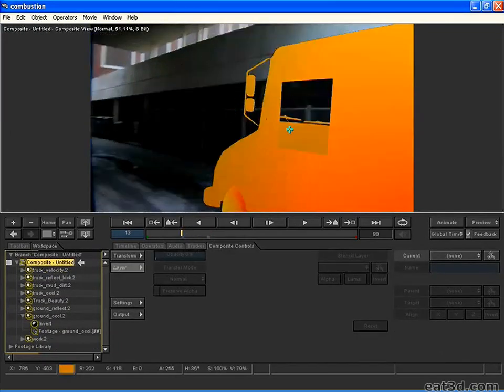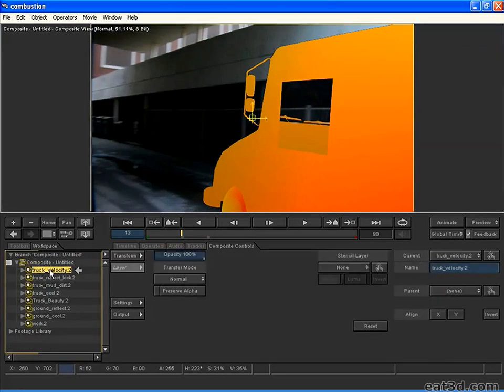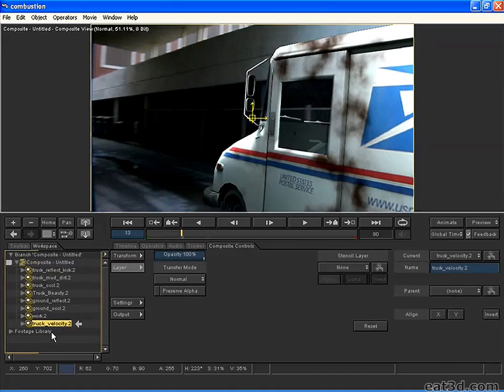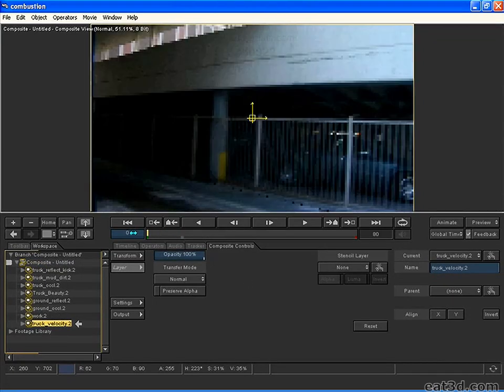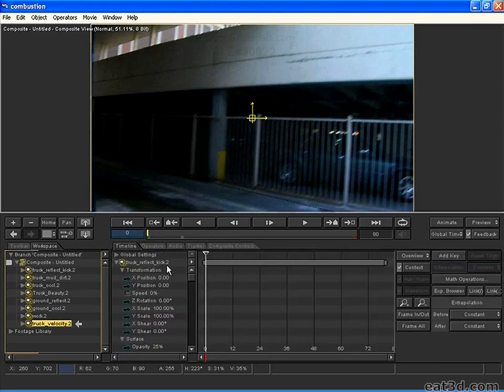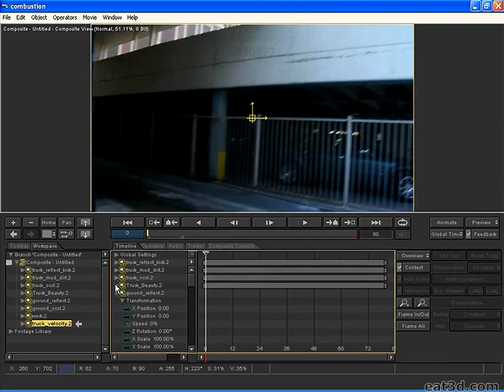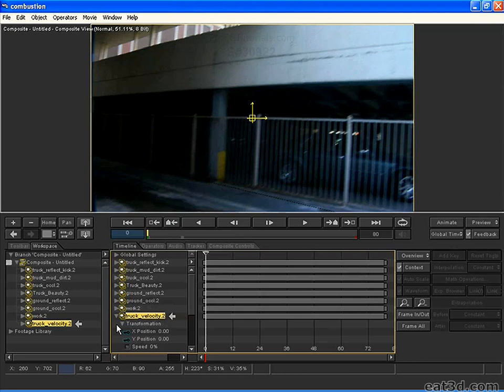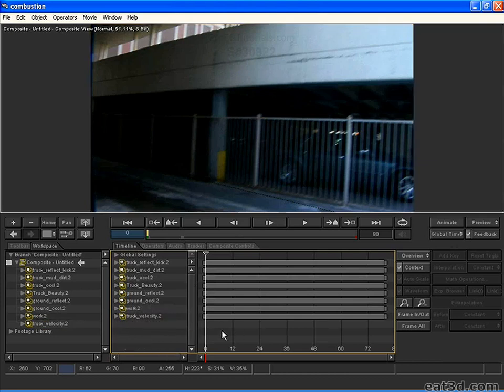So we have an alpha channel, we have our color, and this layer we're actually going to hide. So I'm going to drop this puppy way underneath our plate shot, so it's not there, and there's no reason to see it. But it has to be lined up in the timeline with everything else. So if we look right here, we can see that it's lined up completely with everything else to match up